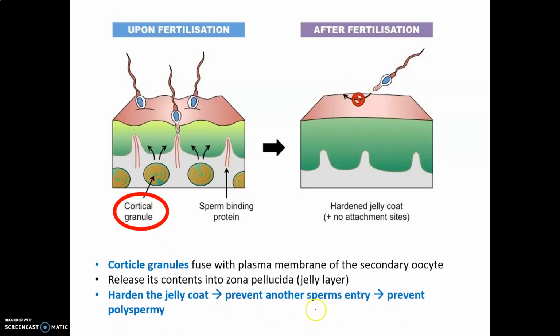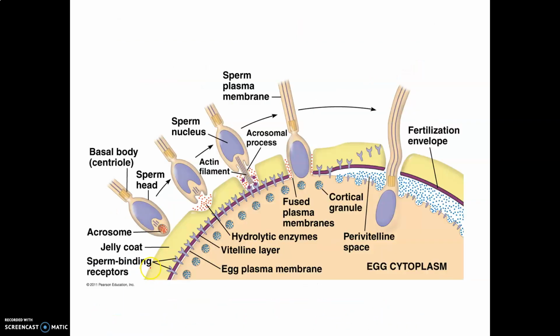Harden the jelly coat, prevent another sperm's entry. Basically, dia akan prevent polyspermy. So, ini adalah the fertilization in details. Yang mana following, lepas saja dia pass through the corona radiata, sperm tadi akan start to pass through the zona pellucida, akan ada acrosomal reaction which hydrolyze the zona pellucida. Kemudian sperm tadi dia akan start to fuse dengan oocyte plasma membrane,